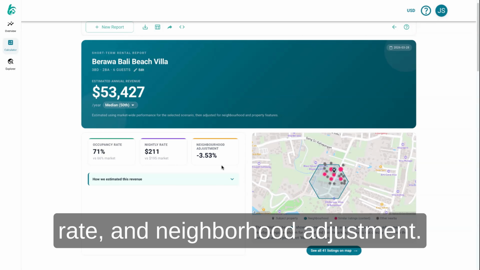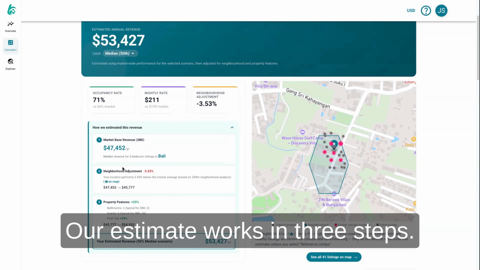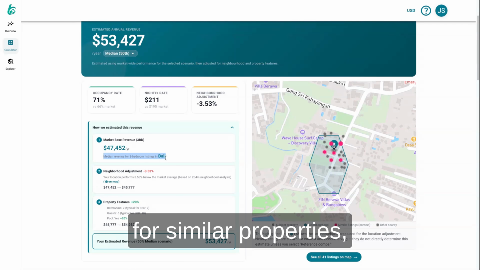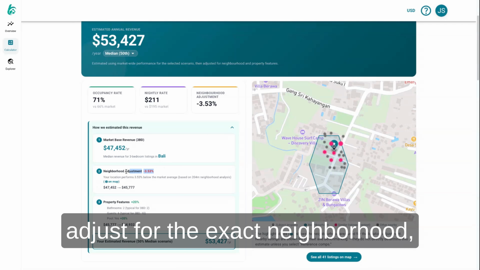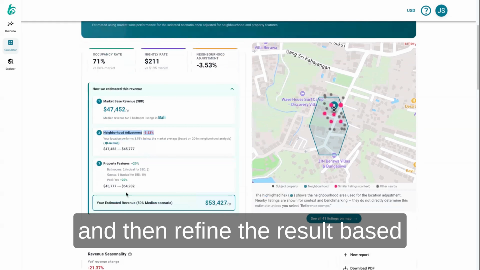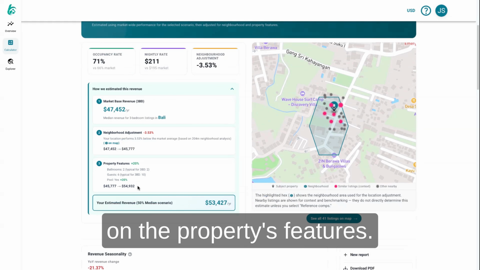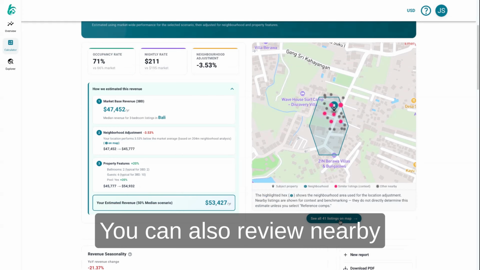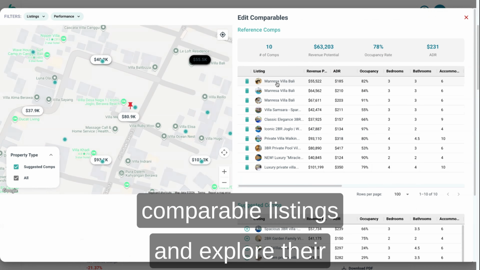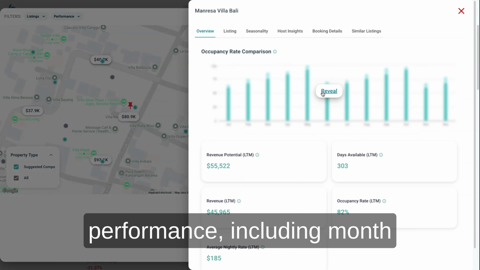neighborhood adjustment. Our estimate works in 3 steps. We start with the market benchmark for similar properties, adjust for the exact neighborhood, and then refine the result based on the property's features. You can also review nearby comparable listings and explore their last 3 years of historical performance,